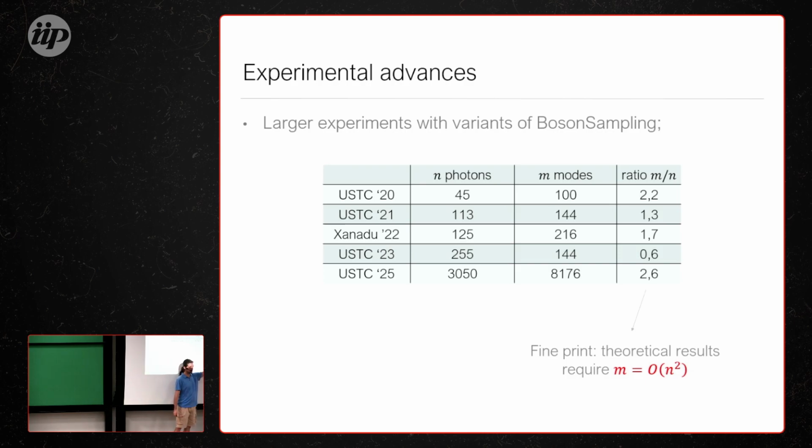However, there's a caveat here, there's fine print, because the theoretical result from 2012 required the number of modes to be quadratic in the number of photons, to be at least n squared, okay? Now you go to one of these experiments and say, oh, you have 3,000 photons, that's very nice. Can you do an experiment that uses 9 million modes? And they're going to laugh you out of the room, right? They'll say, that's absurd, please never come back here, sir. So this regime is awful for experiments. And the experimentalists have completely ignored this constraint, right? And they're right to do so.